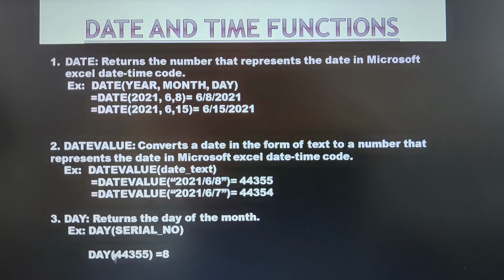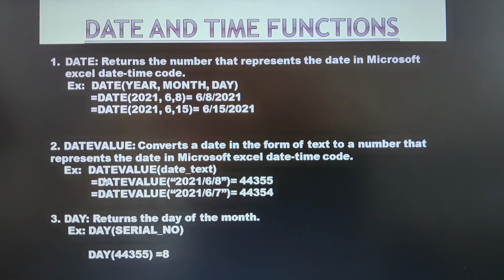When I pass 44355, it gives me 8, the 8th day of the month, which is the 8th day of the 6th month. Suppose I had passed this other serial number as input, then it would have returned 7. I hope you are able to understand the difference, right?